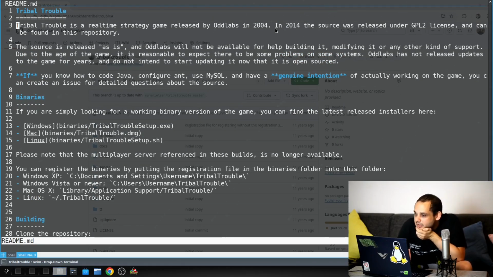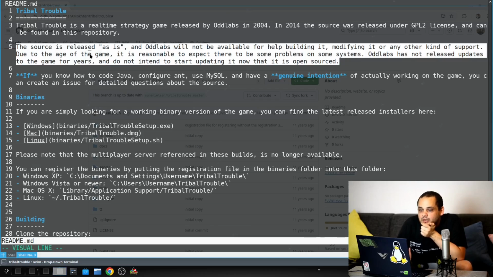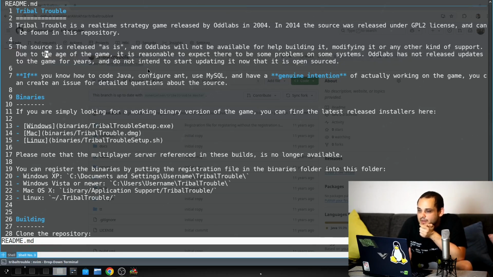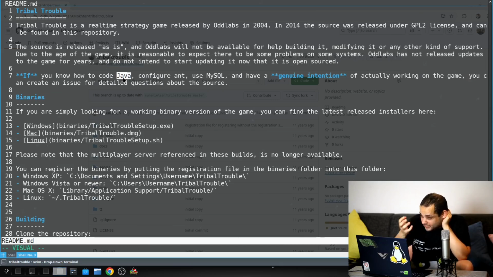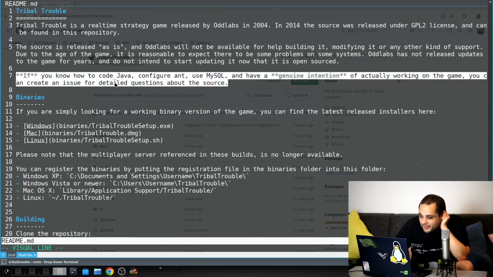A real-time strategy game, blah blah blah. Okay, 2004. In 2014, yeah, it has been released under GPL2 license. Okay, so that's the game as is. Alright, if you know how to code in Java. So personally, I haven't used Java in maybe forever. Yeah, I'm not really a Java person. I've always been a C++ person, but Java maybe I have used once or twice for Android, but